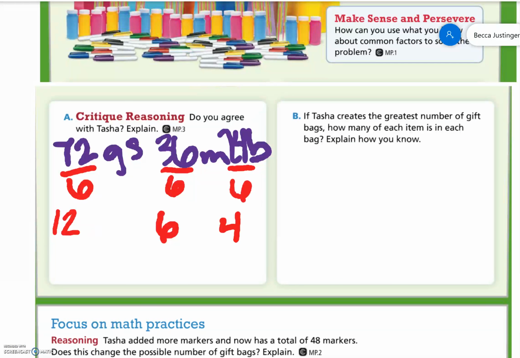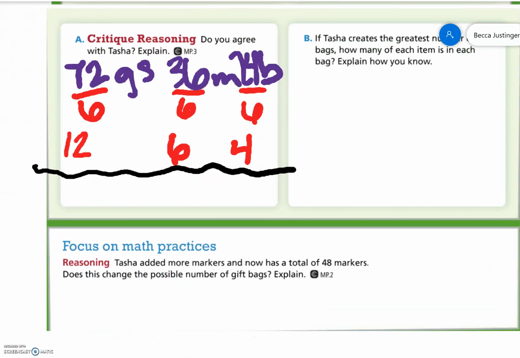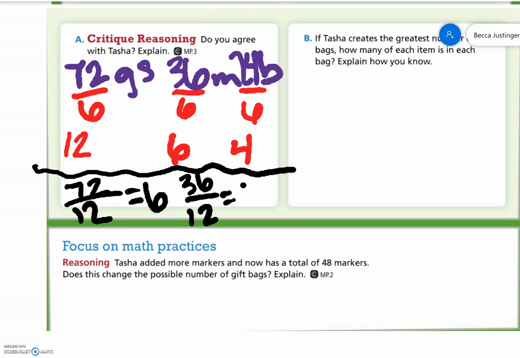Because I see the numbers 12, 4, and 6 are all divisible by 2 as well, which means that I think we could pack 12 bags. Let's see. We could do 72 divided by 12, which gives us 6. 36 divided by 12, which gives us 3. And 24 divided by 12, which gives us 2. So if she wanted to pack 12 bags, it would have 6 glow sticks, 3 markers, and 2 packs of